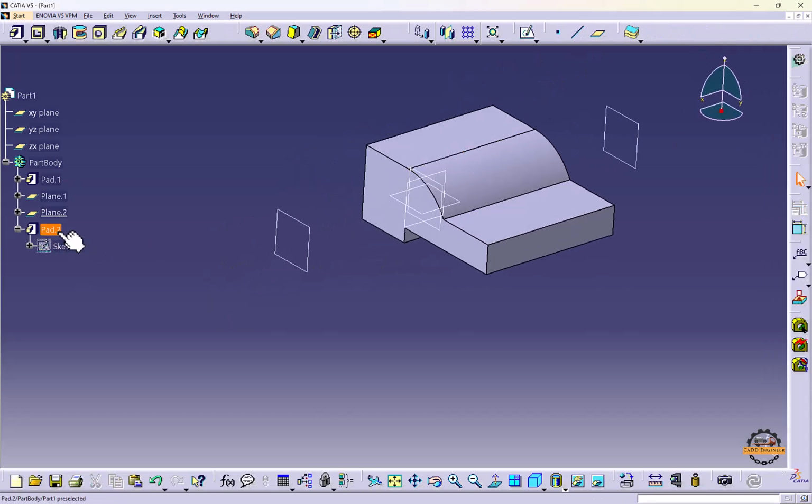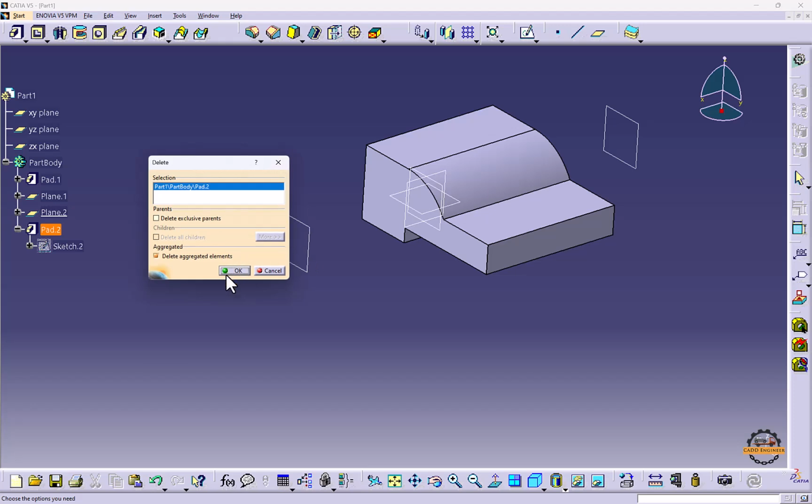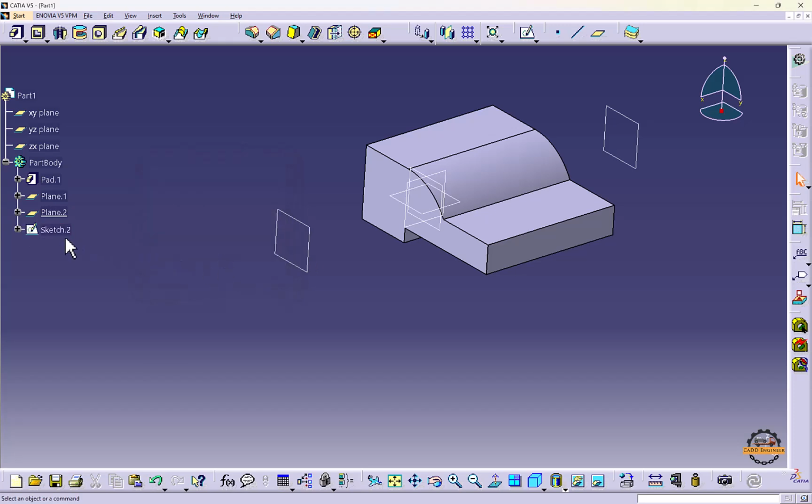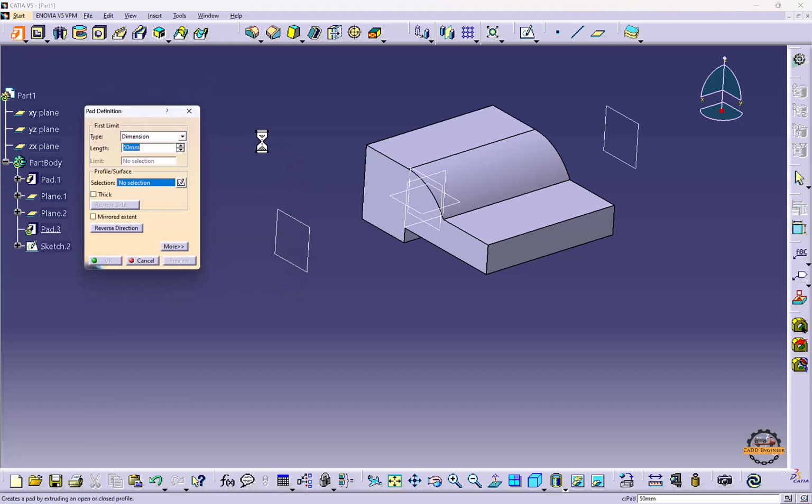So let me delete it and apply it again. It's making some error in visuals. So we'll make it pad again and we'll use this up to next or up to plane. Which plane? This plane. Okay, so we have to select that